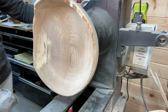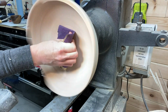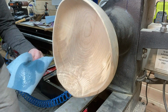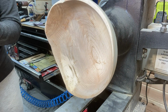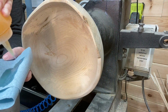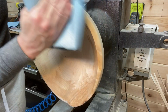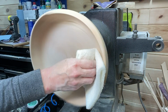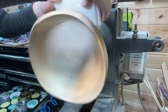Here I have the skew chisel, just trying to smooth it out a little bit, and getting to the sanding process, 80 grit to 320 grit, just like the outside. I won't bore you with all of that. And taking off the dust with some denatured alcohol. And sealing it here. This is 60-40 sanding sealer, and the 40 is the denatured alcohol. After that dried, I'm denibbing it here with a quadruple 0 steel wool pad,